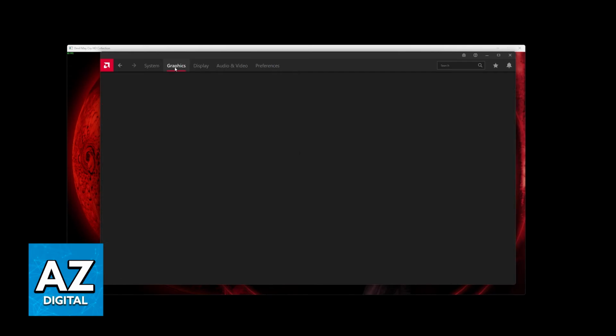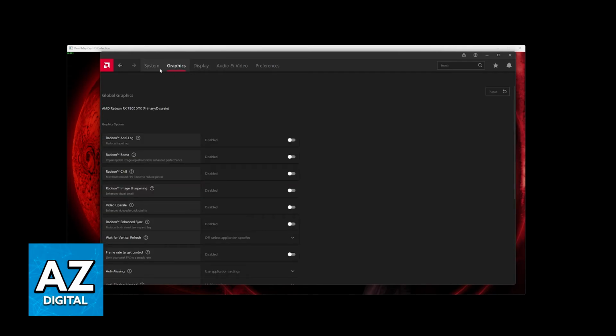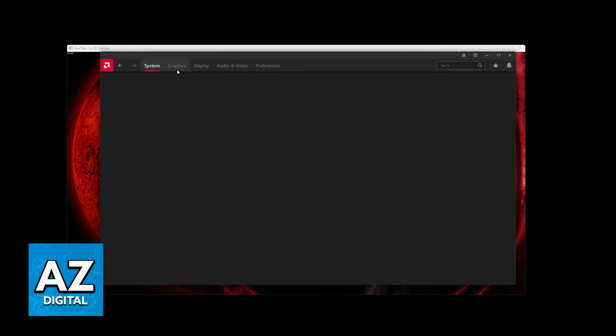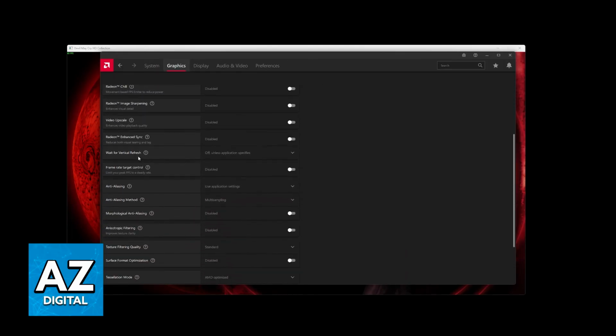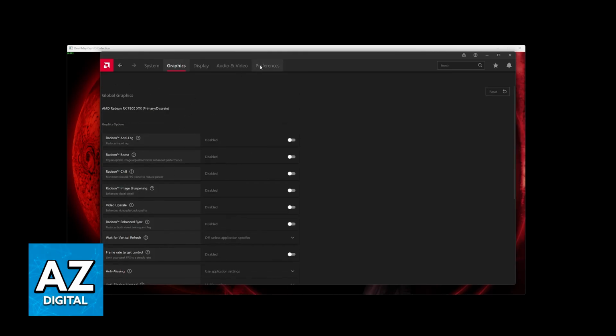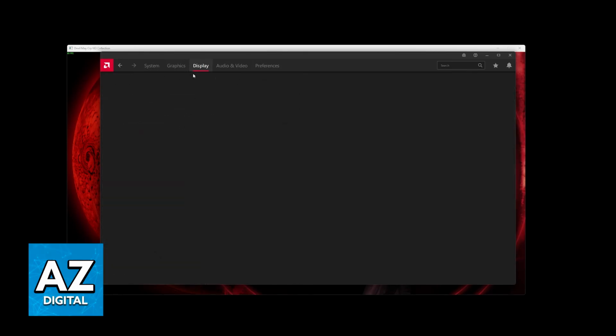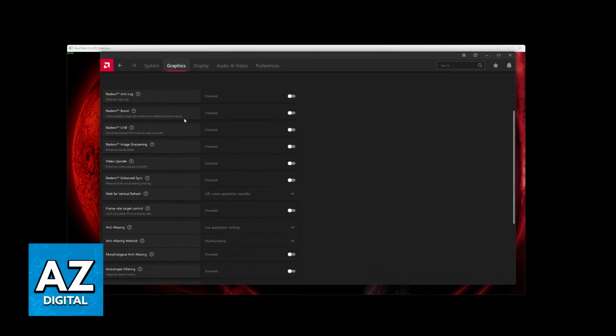What you have to do is go over to your games, so you will browse through all of the categories here at the top, and you will find the option to customize graphics options. I have the minimal AMD Radeon software installed, so for me I don't have the games tabs, but if you do, you can click on Devil May Cry specifically.